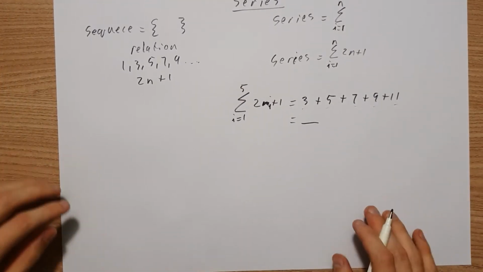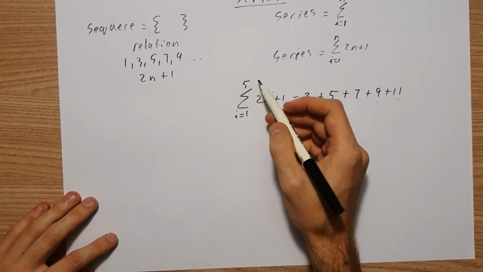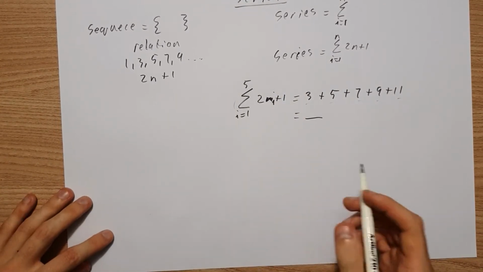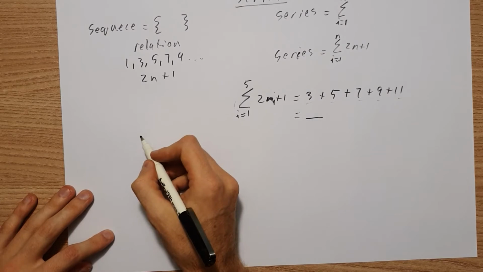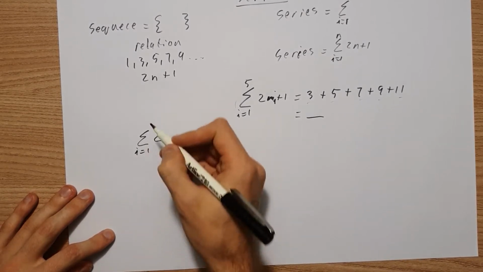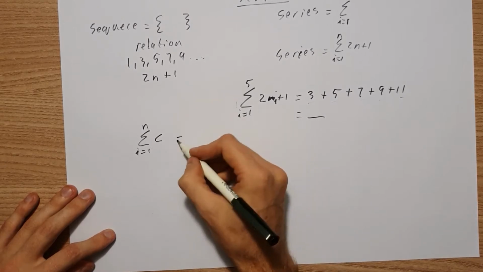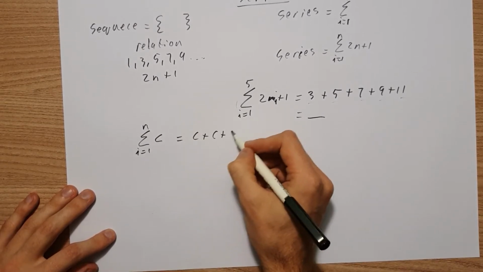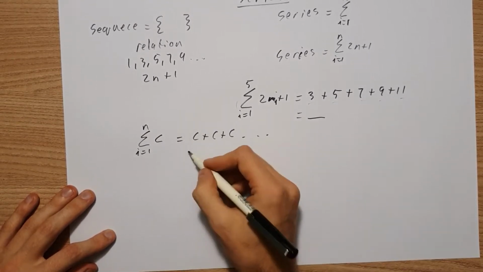Okay, now just some summation rules we're going to be looking at. If we're summing up a constant, so if we have the sum of just a constant c starting from i equals 1 to n, okay, it's pretty much saying c plus c n times, which is then equal to